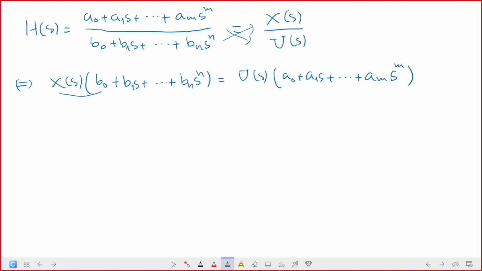So distribute all these terms, then use the inverse Laplace transform. All initial conditions are 0. I just want to emphasize that, so I don't need to write it down here,